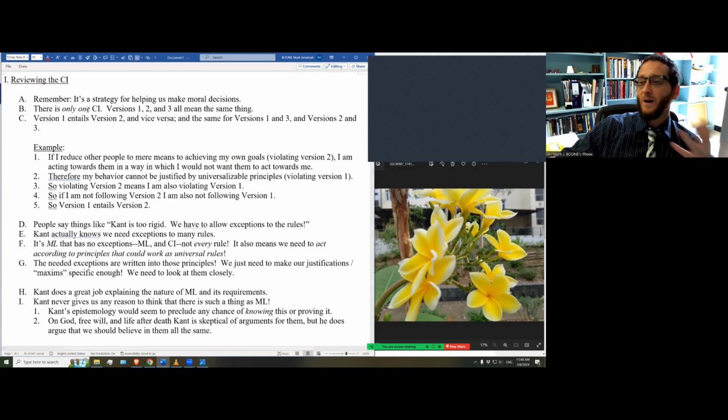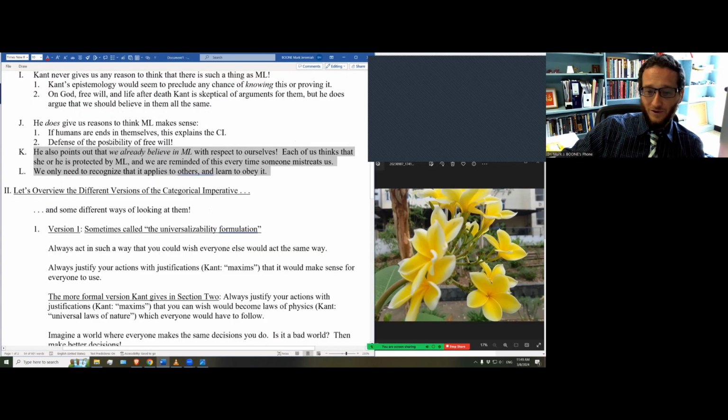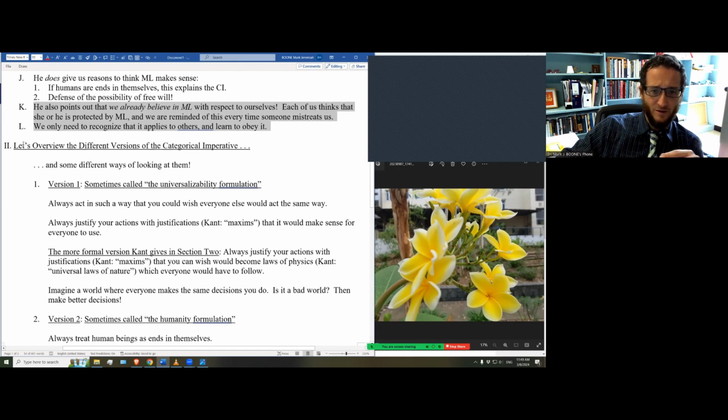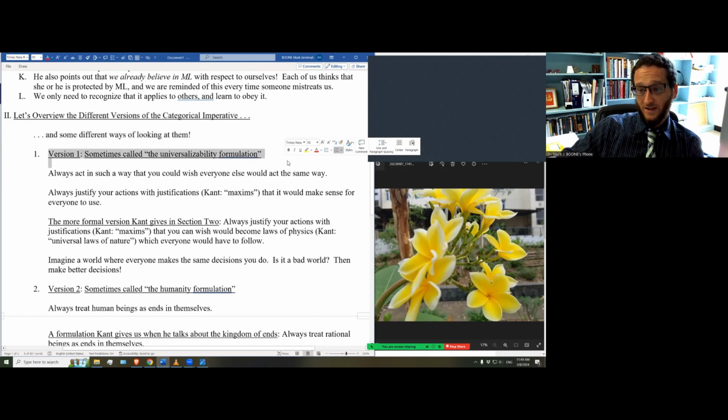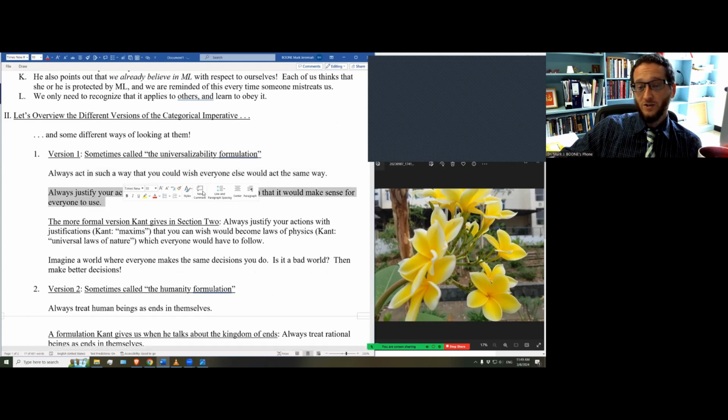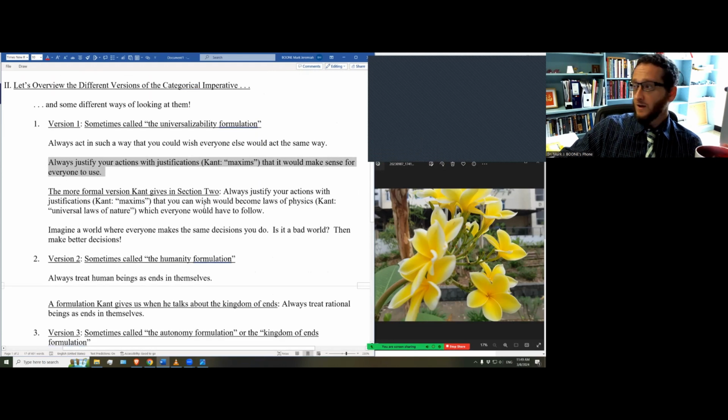Now, this was just some comments overviewing the categorical imperative. Let's do a somewhat more systematic overview. What are the different versions of the categorical imperative, and some different subversions if you want to think of it that way? First, there's the version that's sometimes called the universalizability formulation. Always act in such a way that you could wish everyone else would act the same way. Or always justify your actions with justifications, or act according to reasons or principles. Kant uses the word maxim here, that it would make sense for everyone to use, or more precisely that